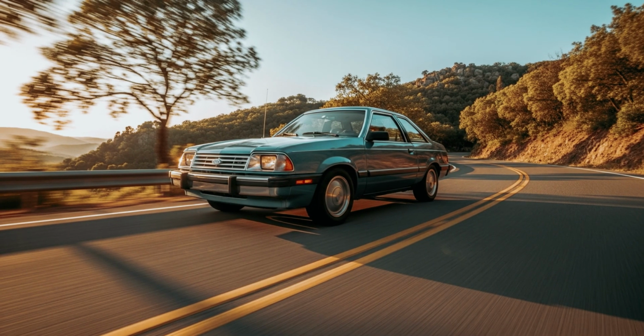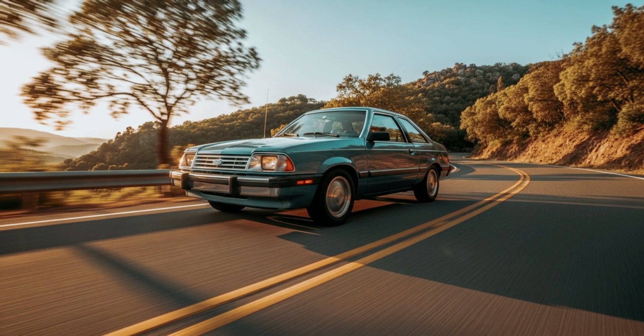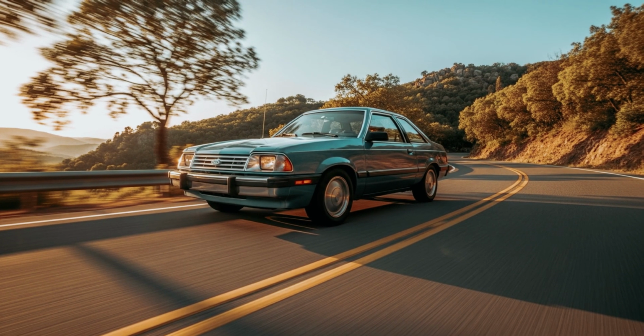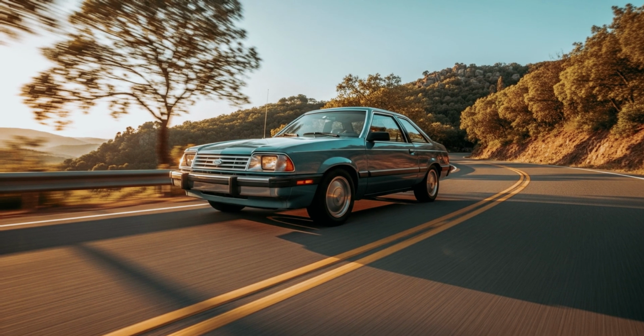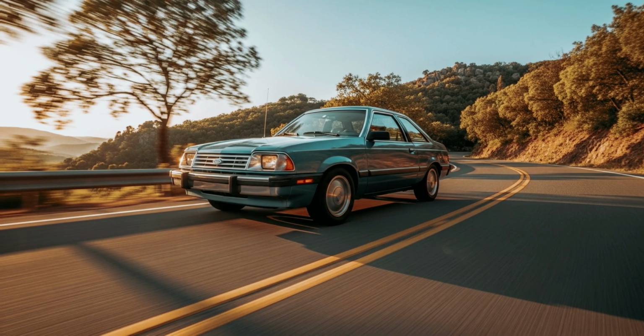And this is where everything changes. Out on the open road, the 1985 Ford Tempo finally shows what it's really made of. The moment you press the accelerator, there's an instant surge of power, smooth, confident, and surprisingly eager. It doesn't just move, it launches, pinning you to your seat with that satisfying push you don't expect from a